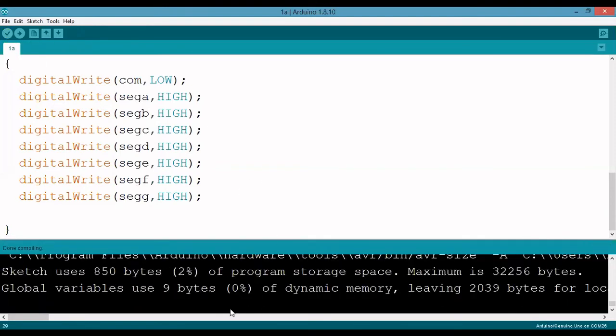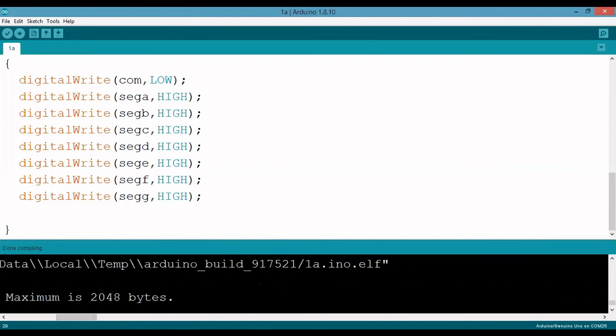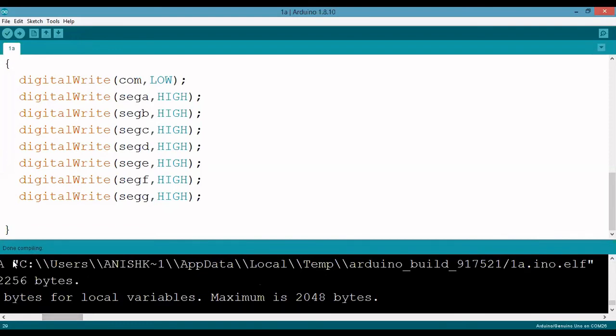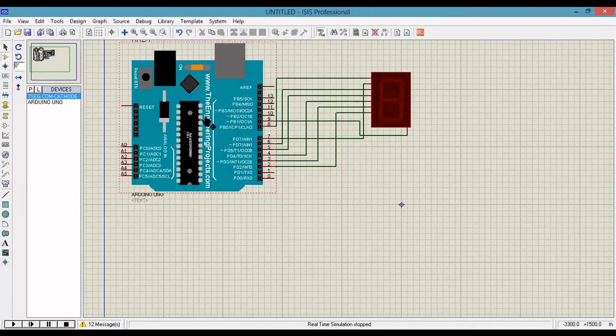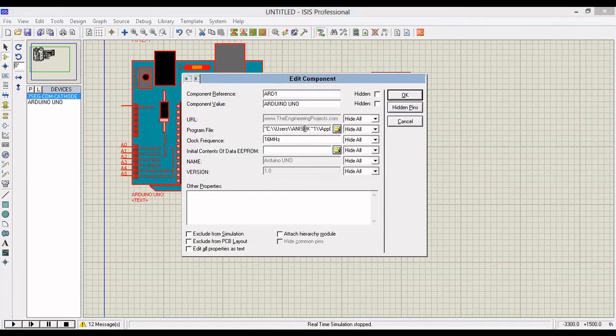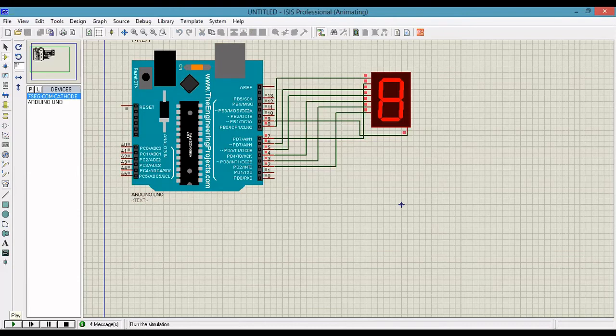Copy the file path. Now we can see the 8. Like that we can display the different values.